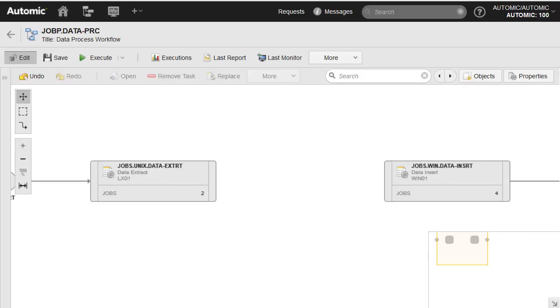Let's consider a practical application of the file transfer. We use it in a workflow which extracts data from an application on our Unix agents, moves that data to the Windows system, where it is inserted back. The initial framework of the workflow exists, but we need to insert the file transfer. We simply go to the object list and add our job F, then connect it to the predecessor and successor.